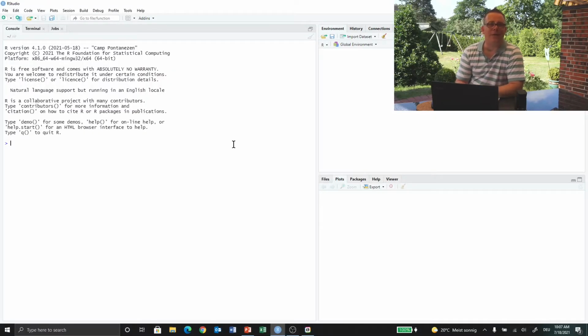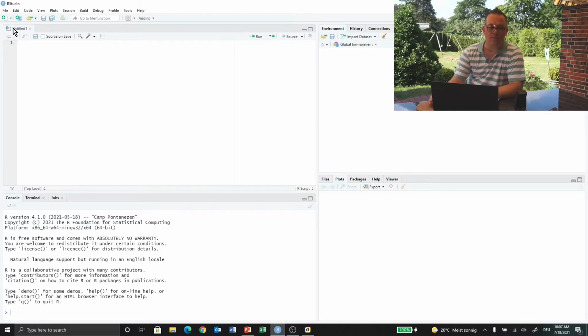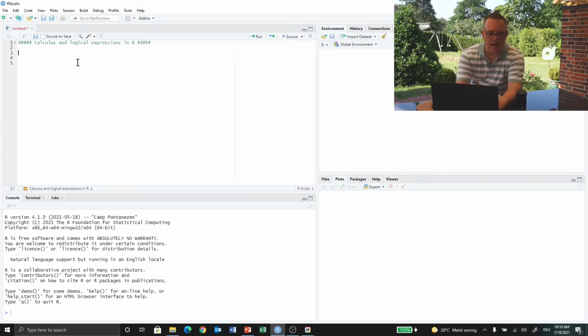Here I have arrived in RStudio, and the first thing I always do is to open up a new script window. I give my code a beautiful headline, 5 hashtags, calculus and logical expressions in R. And the first thing we should do is to do that with numbers and strings. Okay, so calculus,